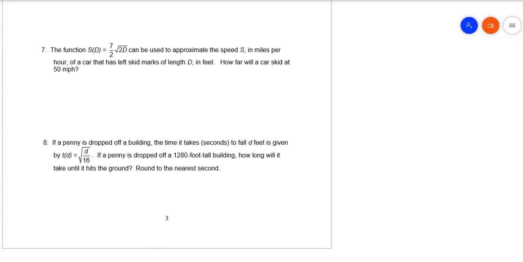Hello everybody, welcome to part 2 of this video about the 1.6 applications of radical functions notes for this college algebra. I probably don't want to make this video too long, but I want to take a look at just one of these examples down here on these lecture notes. I'm not going to do all of the examples because so many of them are similar to one another,